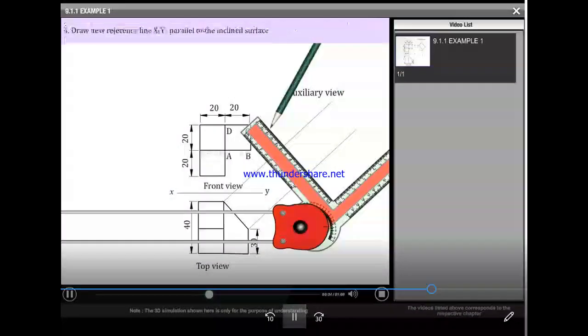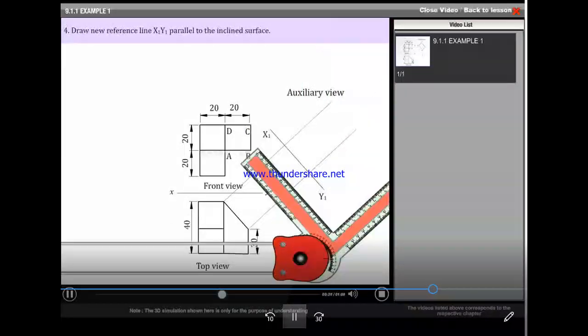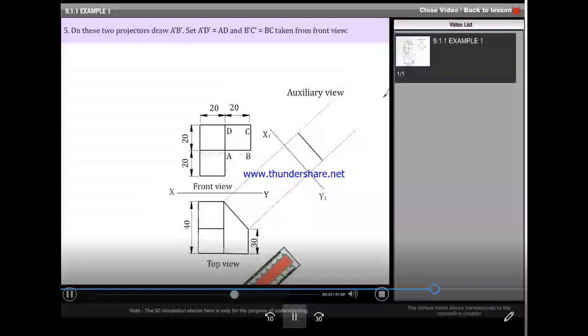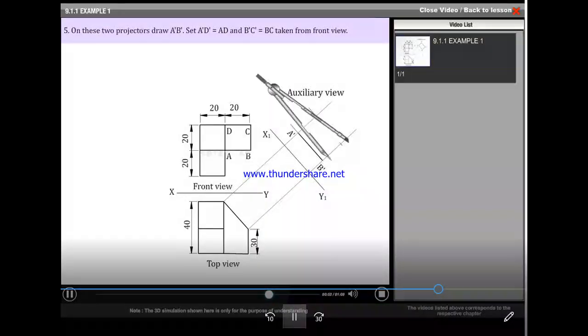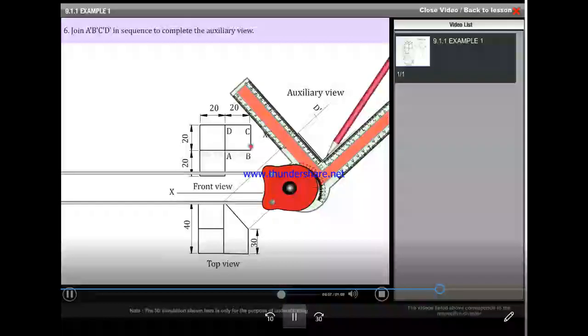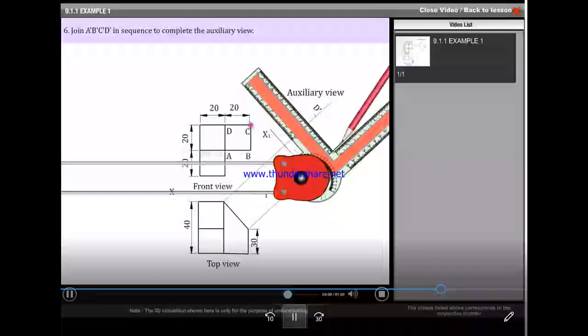Draw a new reference line x1y1 parallel to the inclined surface. On these two projectors, draw A dash B dash. Set A dash D dash equal to AD and B dash C dash equal to BC, measurements taken from the front view. Join A dash B dash C dash D dash in sequence to complete the auxiliary view.